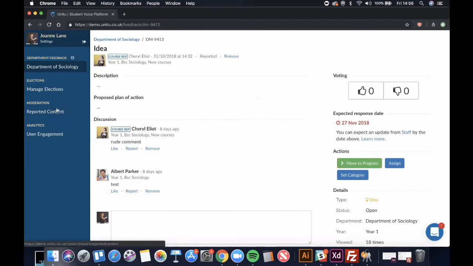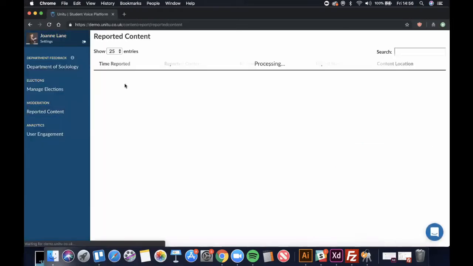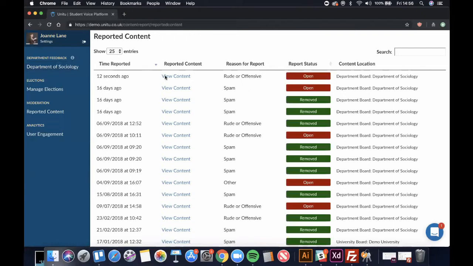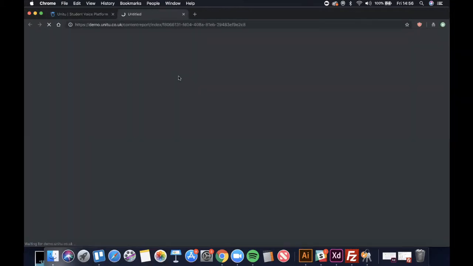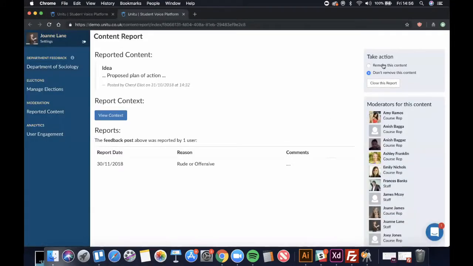You can access it in this tab here called moderation, reported content. You can see on this table, 12 seconds ago, there's a report made on the Department of Sociology board. Click on view content. I then have the ability to decide to remove it or not remove it. Now, there are some really important things to consider here. It can be a gray zone on certain pieces of content. Sometimes it's black and white and it's easy just to remove it, but there are sometimes gray zones. And we definitely recommend, if it's a gray zone and you feel, I don't think this student should really receive a strike, but what they've written they probably should reword differently,